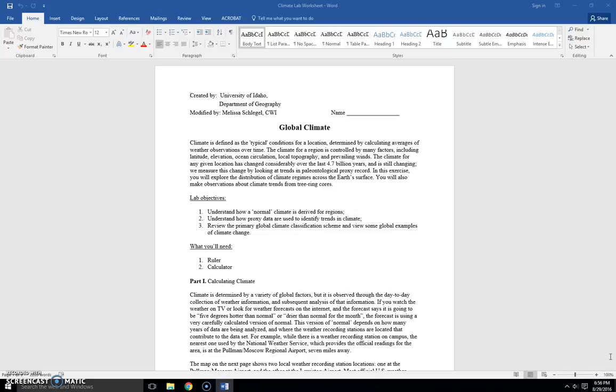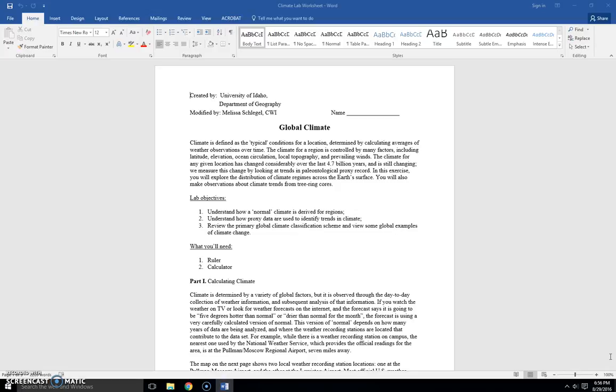This lab was created by the University of Idaho Department of Geography, but I have modified it to fit our needs. So, global climate. Climate is defined as the typical conditions for a location determined by calculating averages of weather observations over time. The climate for a region is controlled by many factors, including latitude, elevation, ocean circulation patterns, local